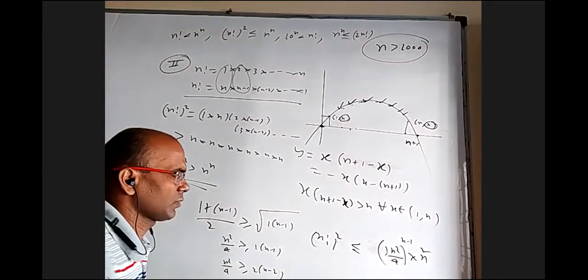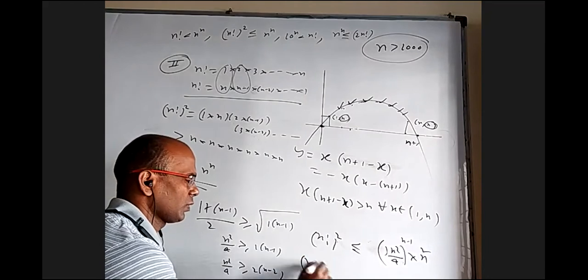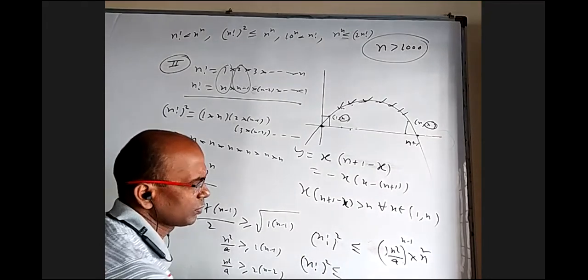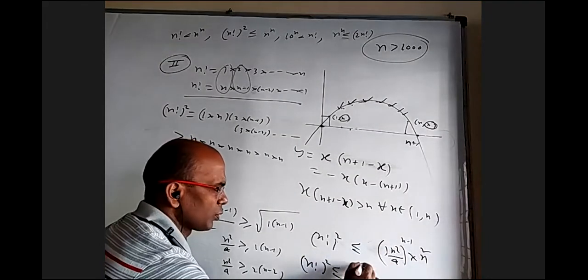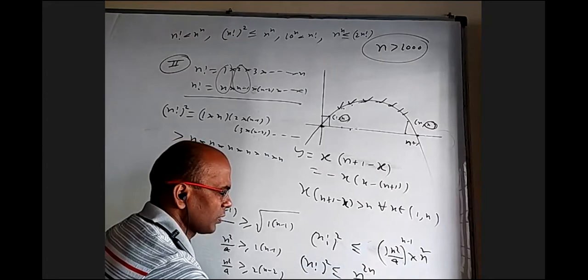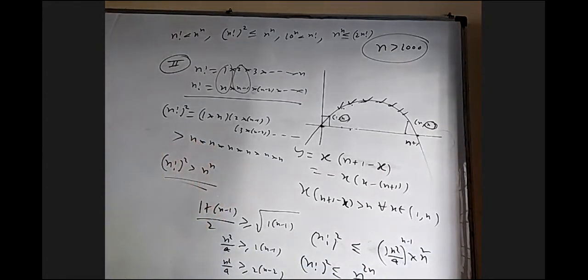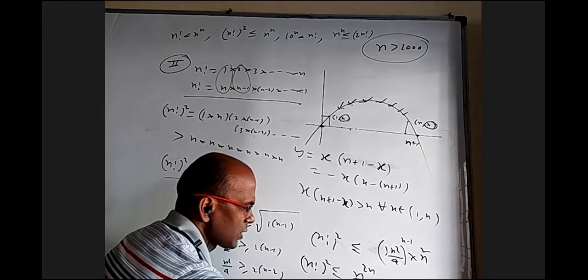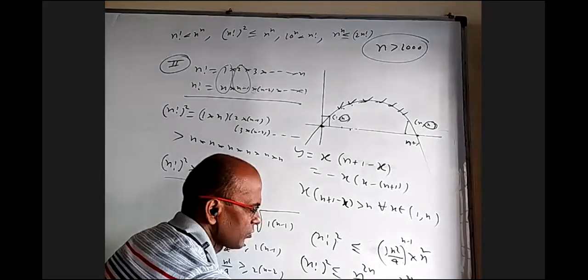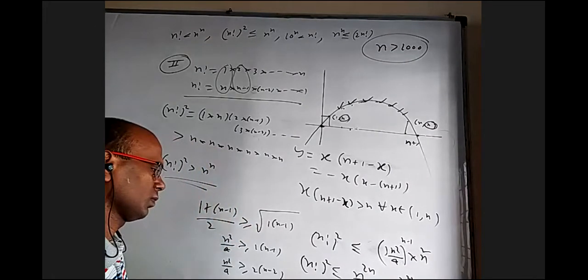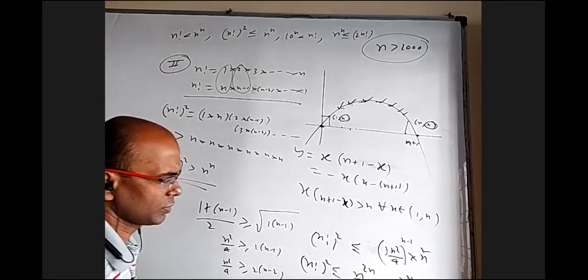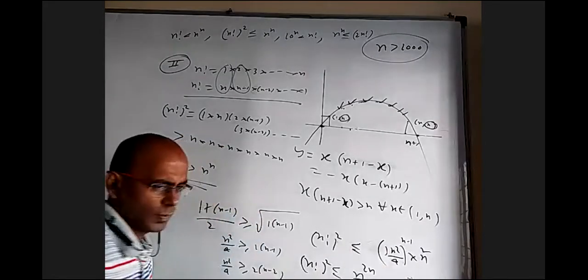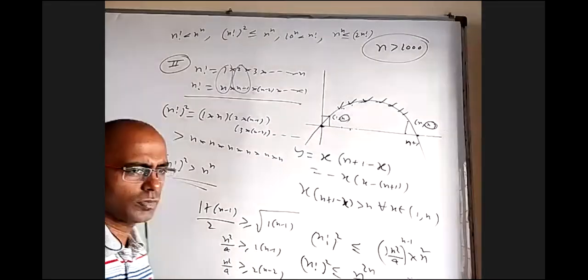Okay, some other result where n factorial whole square is less than or equal to n power 2n by 4 power n minus 1. I can also write this as n power 2n by 4 power n also. No, I increase the denominator, so it will decrease, not that. Okay, something, but not related to this, don't worry.